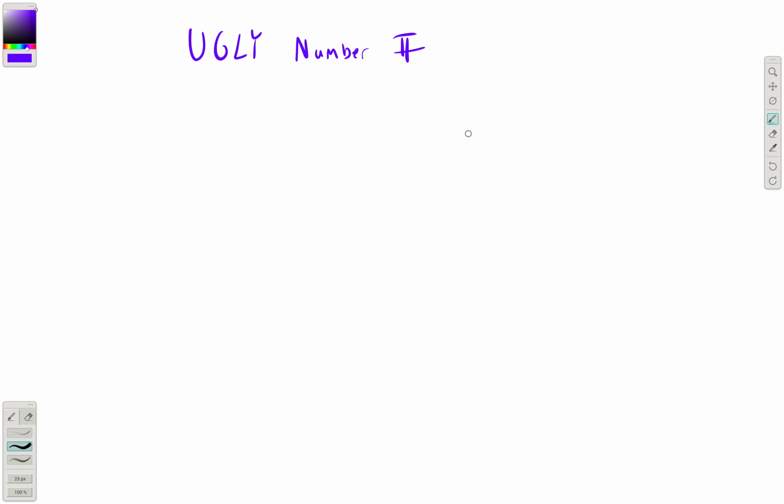Okay, so brainstorm, the naive way to do this would be, well, we already wrote a function that tells us is ugly. So why can't we just do a for loop that goes through all the numbers and just counts? If it's ugly, then the count goes up, and we keep looking until our count is n. Once it's n, then the nth number that's ugly is the one that we're going to return. Well, we can do that. However,